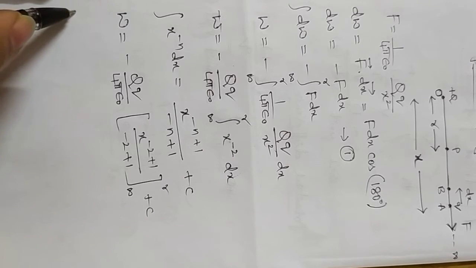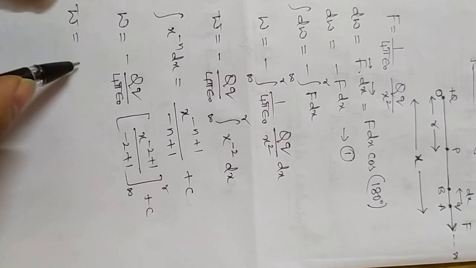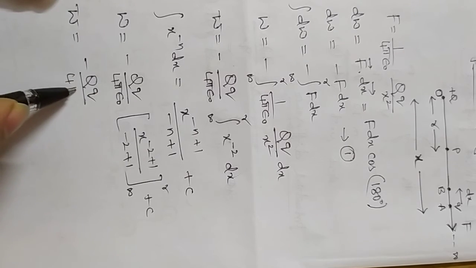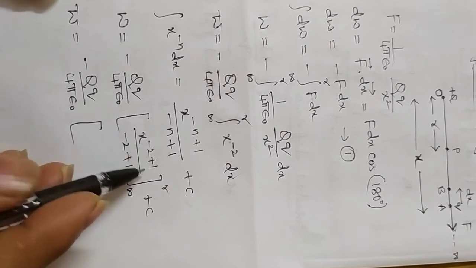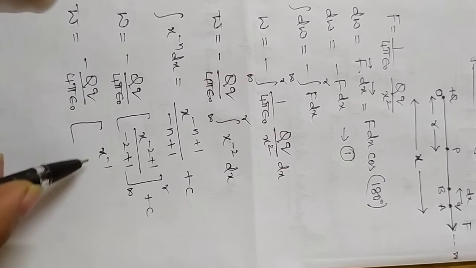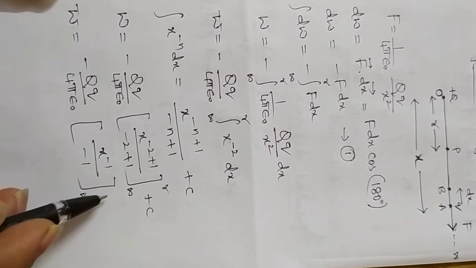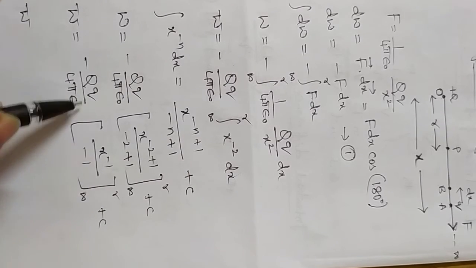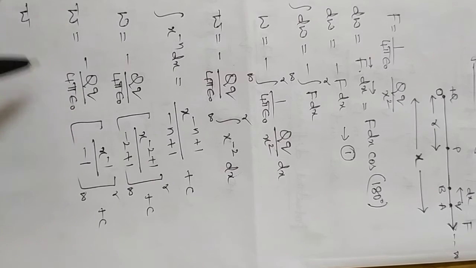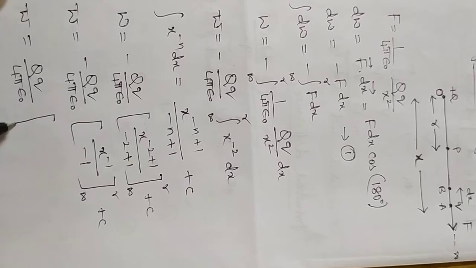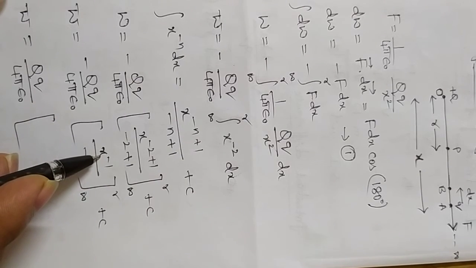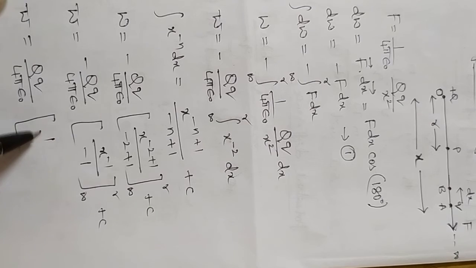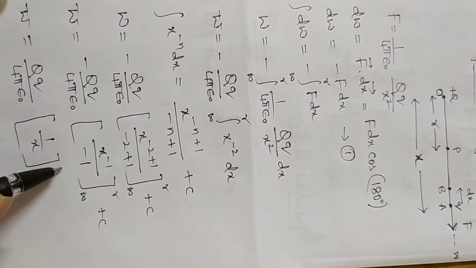Okay, so next what I'm going to do is a simplification. Minus 2 plus 1 is nothing but minus 1, so x to the power of minus 1 divided by minus 1, from infinity to r, plus c. Next I'll multiply this minus 1 towards the minus outside. If I multiply that, this becomes plus. So this comes out to be Q into q divided by 4 pi epsilon naught into, and the remaining thing is x to the power of minus 1, which can be written as 1 by x, from infinity to r, plus c.